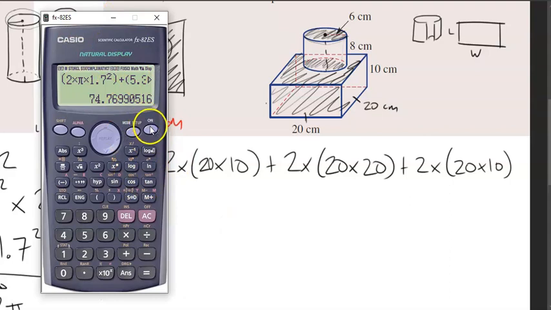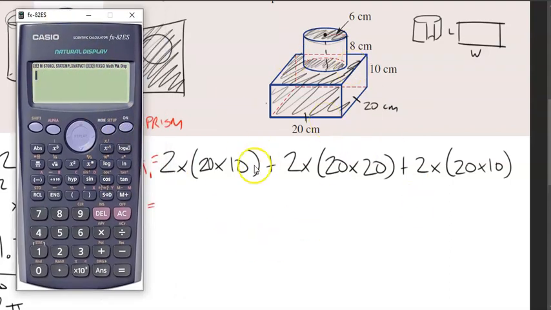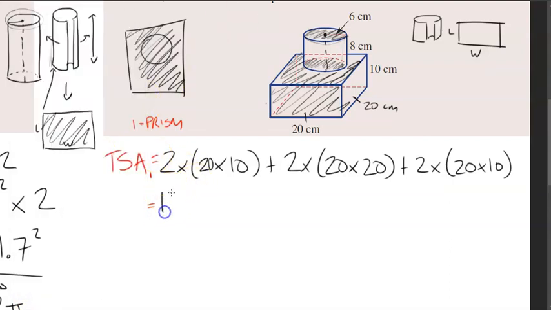Let's just put this straight into our calculator. I'm not going to leave it because I know there's no pi's or anything, so it's just going to be a straightforward answer. Once this has been put into the calculator, we get 1,600 square centimeters. It's quite a lot, but considering the sizes of these, that makes sense. Okay, so now we just need to get the total surface area of shape 2, and 2 is the cylinder,